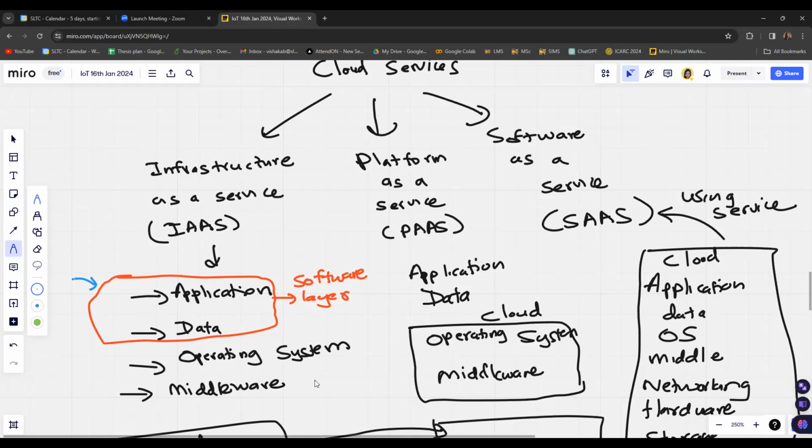The building of softwares will be done using the application component and the data component, where you will be developing an application, and also you will be customizing the data. You will be processing the data and inputting the data to the specific application in consideration.